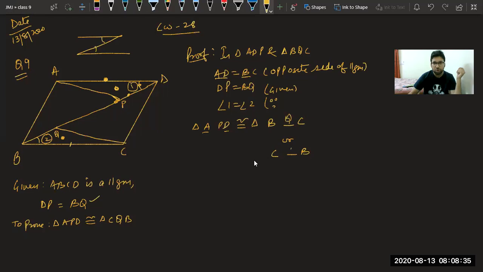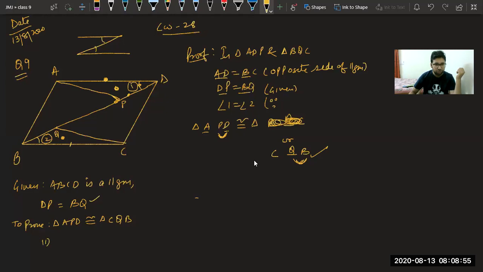Q. Now let us confirm which is the correct name. DP equal to BQ. DP is second and third. BQ is second and third. In this case, it is correct. So we have got the names. Right now, we don't know what is to be taken from here. So let us take the second part.